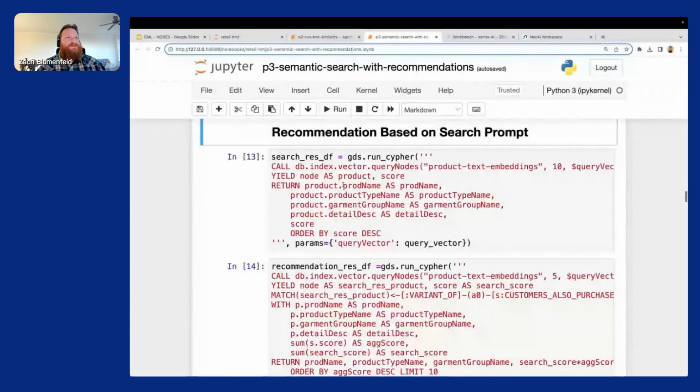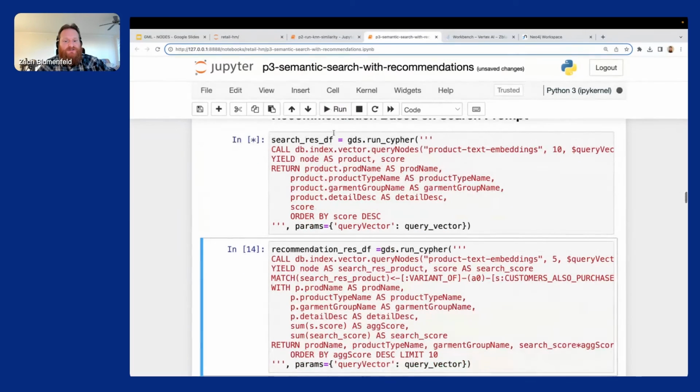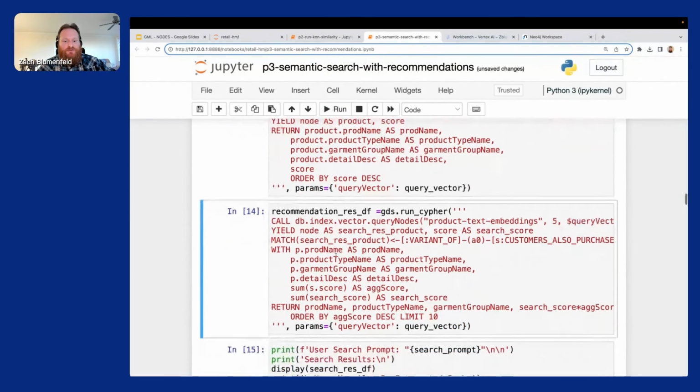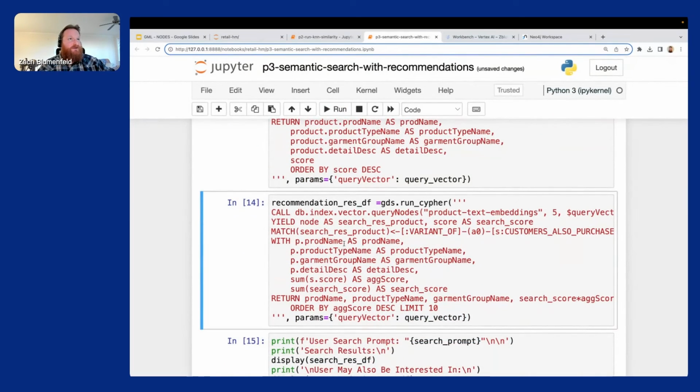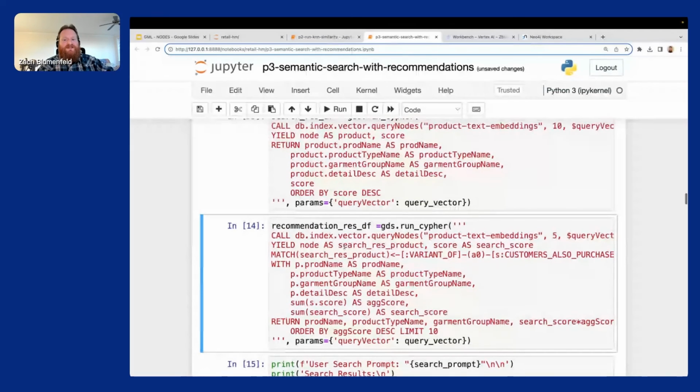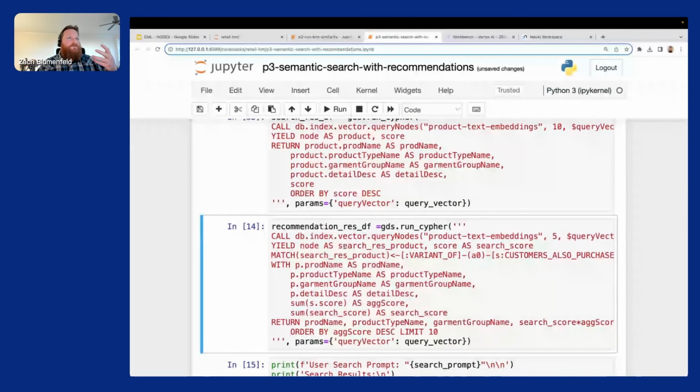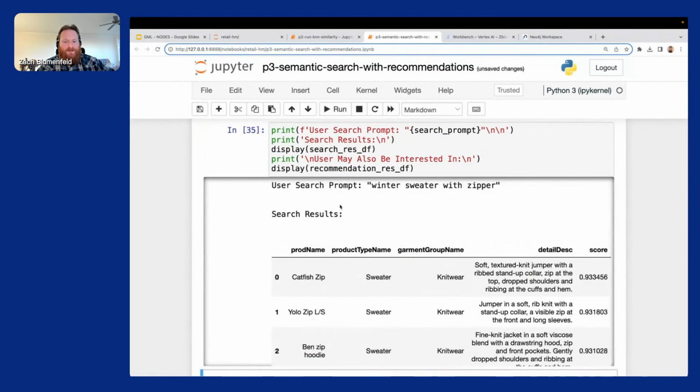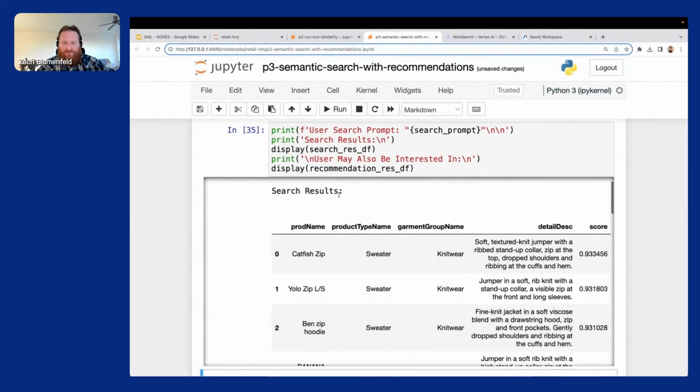And this is where I say graph machine learning can help with enrichment of a knowledge graph and how it can help with results. Because say you didn't want to just do that basic search. You wanted to do a recommendation along with that. So you wanted to say, well, given that the user is looking for this winter sweater with a zipper, what else can go with that they might want to purchase, right? And so the answer here, and I'm glad it didn't fail,